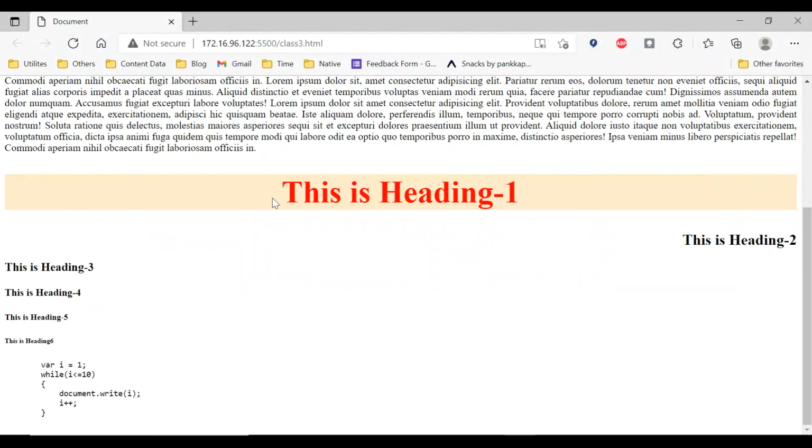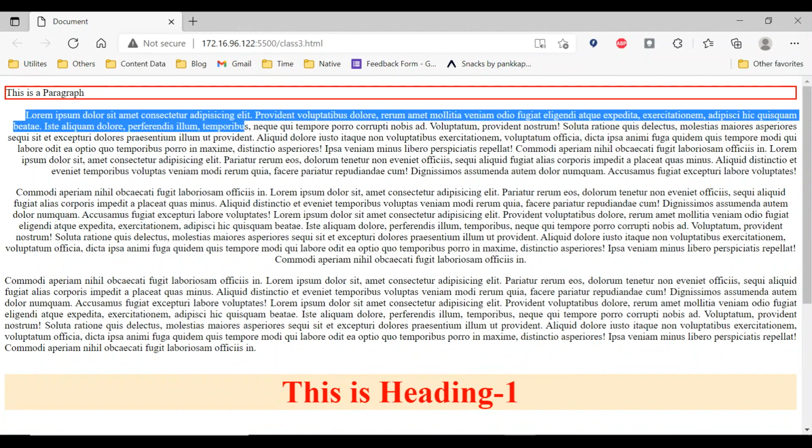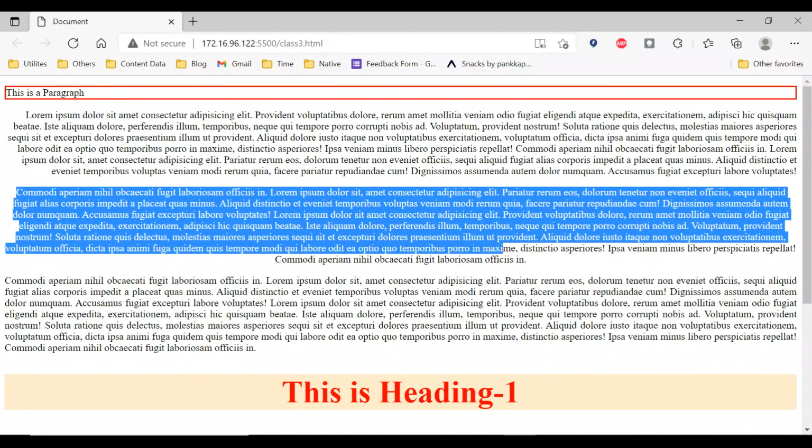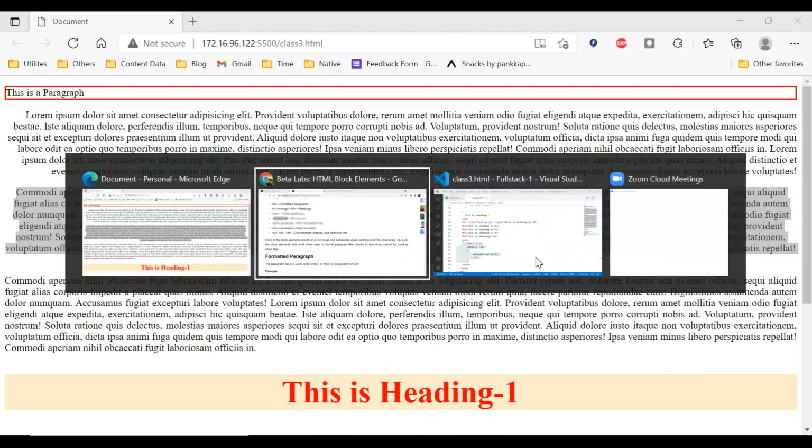Okay, now let's go back and see. I want the first paragraph to be emphasized. No, not first. Let me talk about the second. See, even though it is centered, I want to focus on this paragraph whenever some person opens your website and you want them to see something different. So how can you emphasize this paragraph? I can use the blockquote.